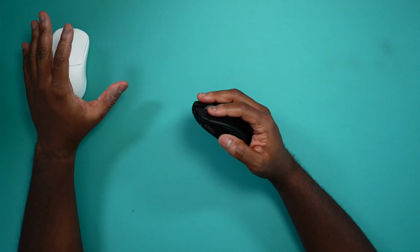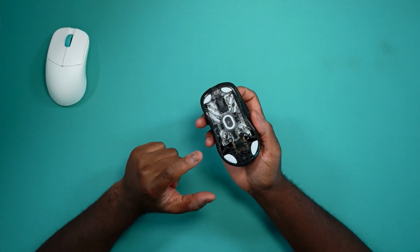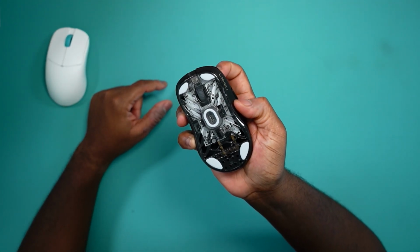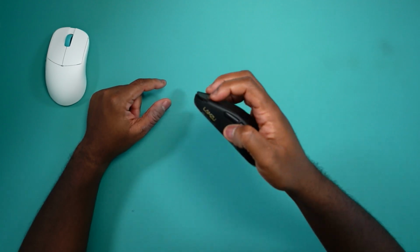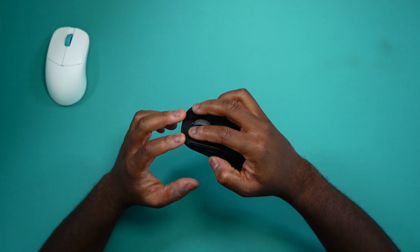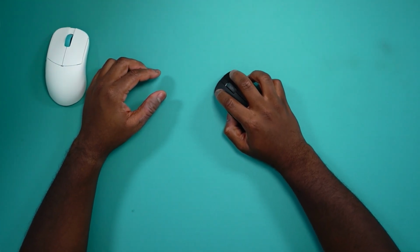Everything that I was saying about the full-size Atlantis carries over to the Atlantis Mini, but in a greater way. Basically, the Atlantis Mini gives me an even more locked in feel, and I just feel like I get a little bit more precision by holding this mouse in the same two spots with these grips. I do enjoy that quite a bit, and I feel like it also gives me a little bit more consistent